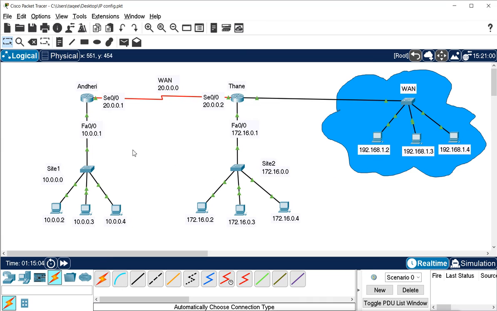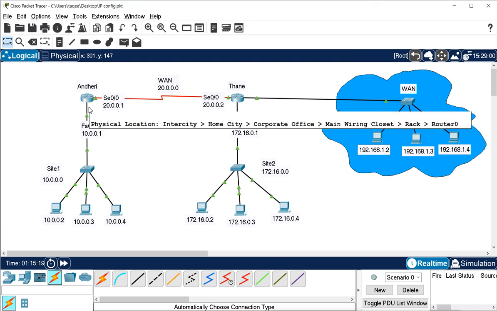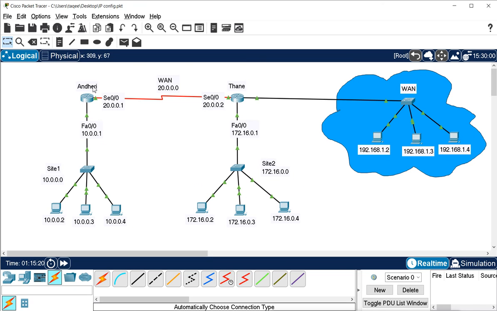Now we assume that this is the whole internet we have, and on the internet we are assuming we have all types of networks there, and on this router we are not able to configure every network here. So what we will do, we will configure the default routing on this Andheri router.